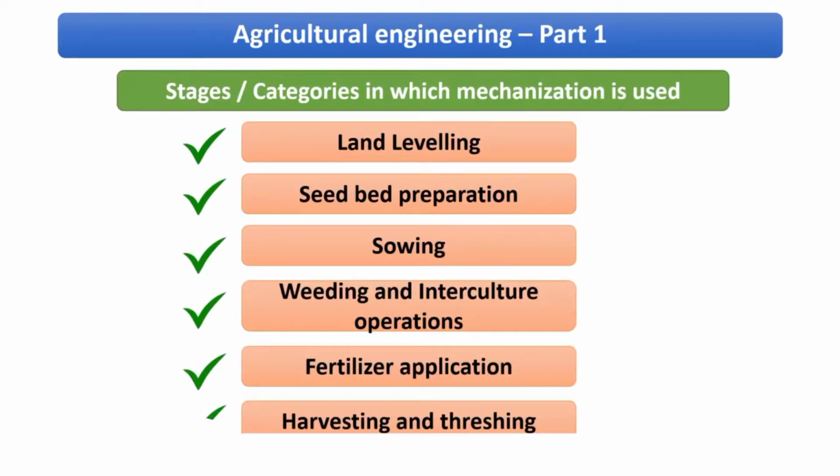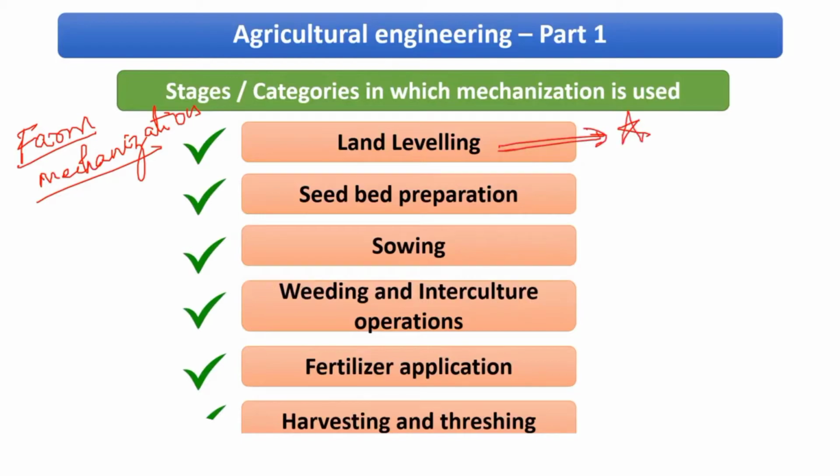So now let us talk about farm mechanization as a whole. Let us break this down into the various steps that come under farm mechanization, like what are the various processes that are involved. The first thing is we are going to do land leveling. This is very important, because as it is, you cannot use any stretch of land for cultivation of crops, right? That is not possible. You need to make that land conducive enough for the crops to grow within it. So the first thing is land leveling.